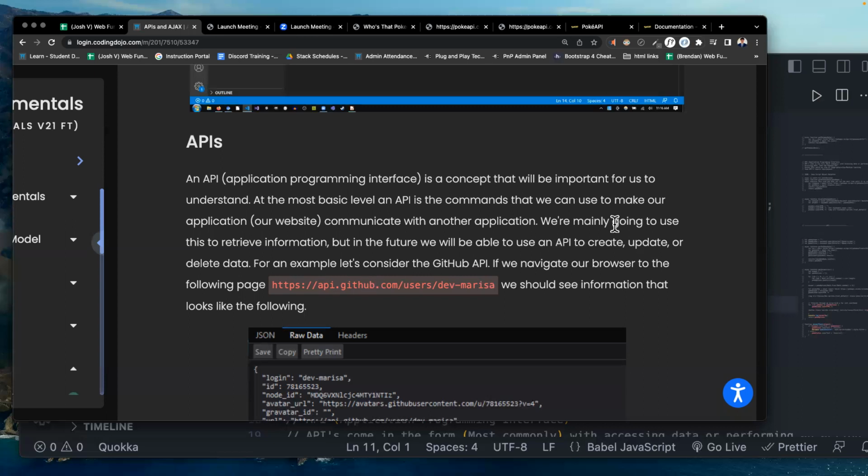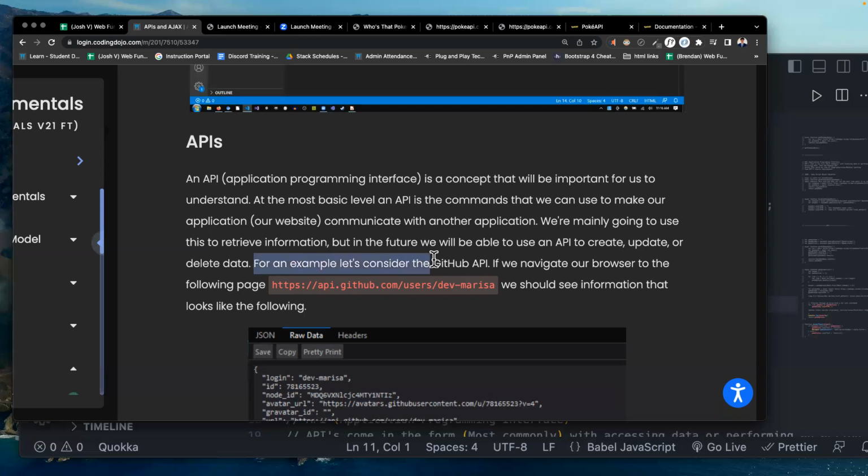Sometimes it's just data. Sometimes that API can create, update, or delete data. So it's this shifting database. Okay, we can have a stagnant database. We can have a shifting database. More complex ones are shifting. So if they get updated, then that information that you're borrowing will be updated. You can maybe update that foreign database, delete stuff from that foreign database.